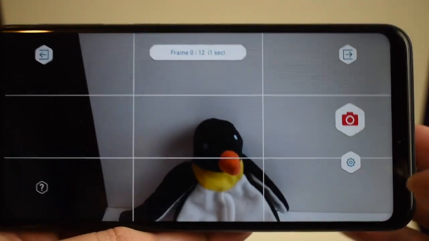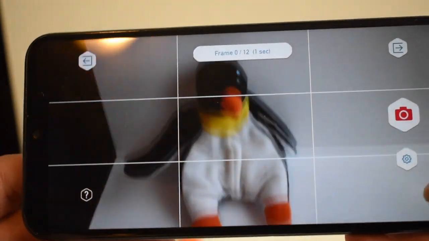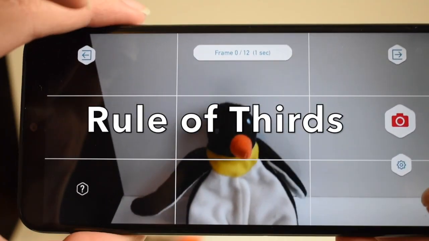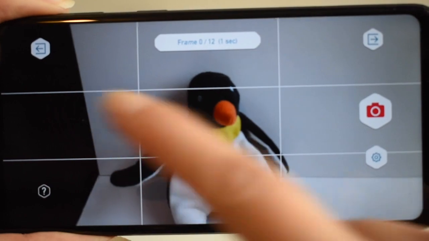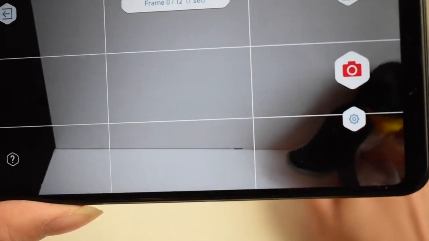When you click grid, you can see that there are different lines that pop up. This is called the rule of thirds, and it is something very important. To explain a little bit more about the rule of thirds, take a look at the lines right here. Right now our object is in the center, and that's a pretty good spot to have the object. But if we move the object all the way over here,